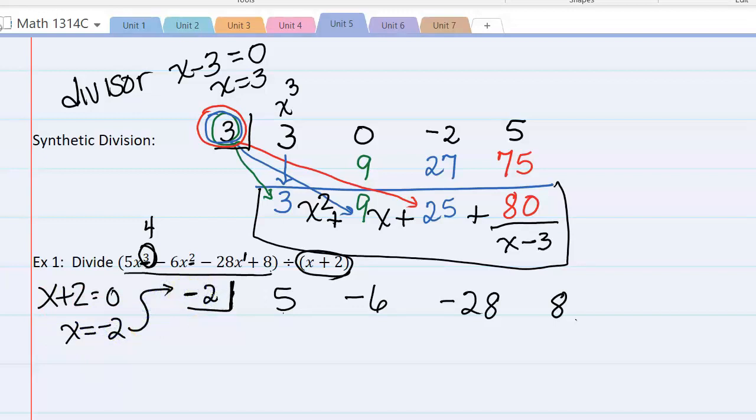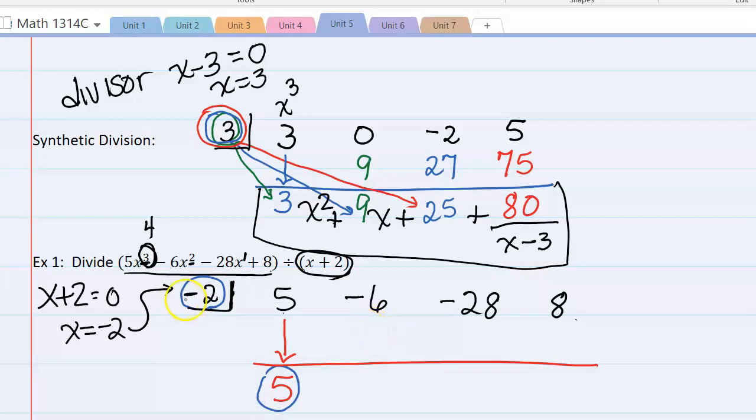Now you can try the synthetic division on your own. You can pause the video here, but I'm going to go ahead and continue. I'm going to do one in each different color. The very first step that you need to do is to bring down that first number, whatever that first number is. After that, step 2 is multiply your divisor times this number and place it underneath the next coefficient that you